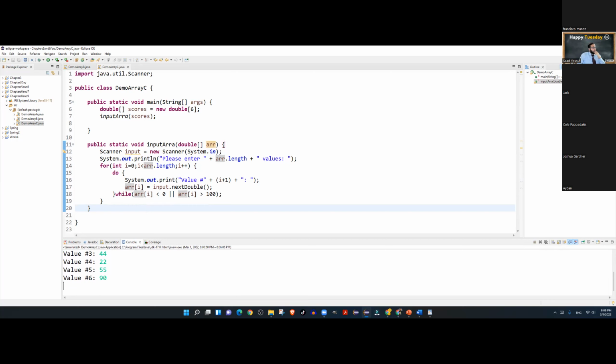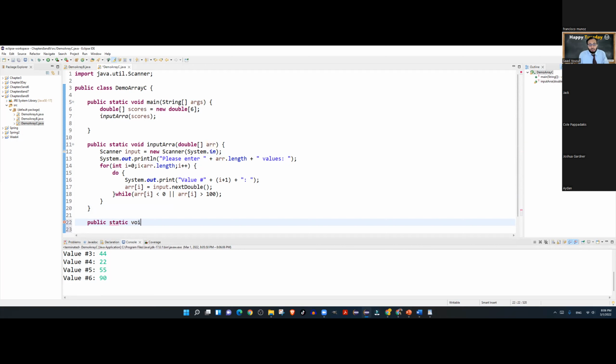Then I asked you to create a method called display, which will display each and every score. So public static void display.